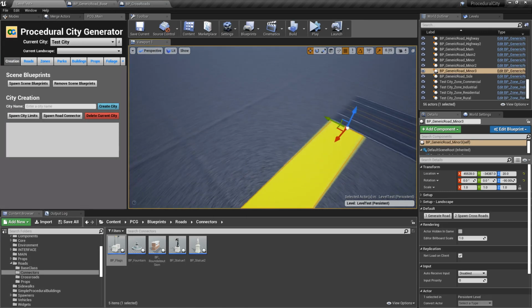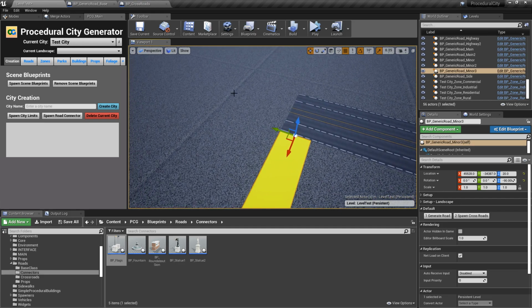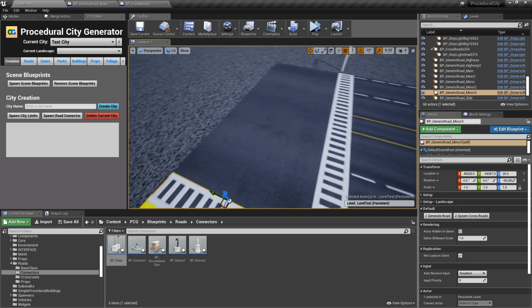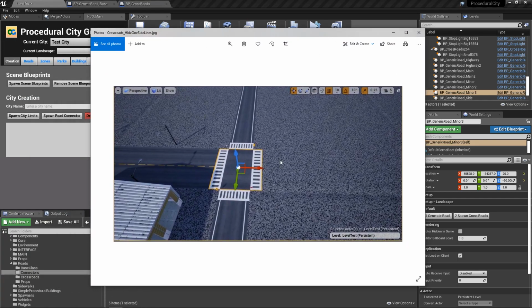So you have one road that is basically at the very end of another road, and there's nothing else connecting here. So if I click on spawn crossroads, notice that now I'm basically hiding this portion of the road here, which basically prevents this issue here. So I'm basically doing traces. I'm making the crossroads a lot smarter than they were before,